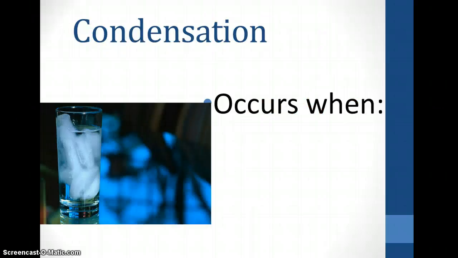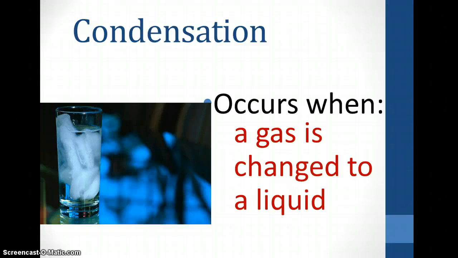Condensation occurs when a gas is changed to a liquid. One example, like the picture shows, is when you have a cold glass of water or Pepsi and water droplets form on the outside of the glass. This occurs because the water vapor in the air becomes cold and turns into a liquid on the outside